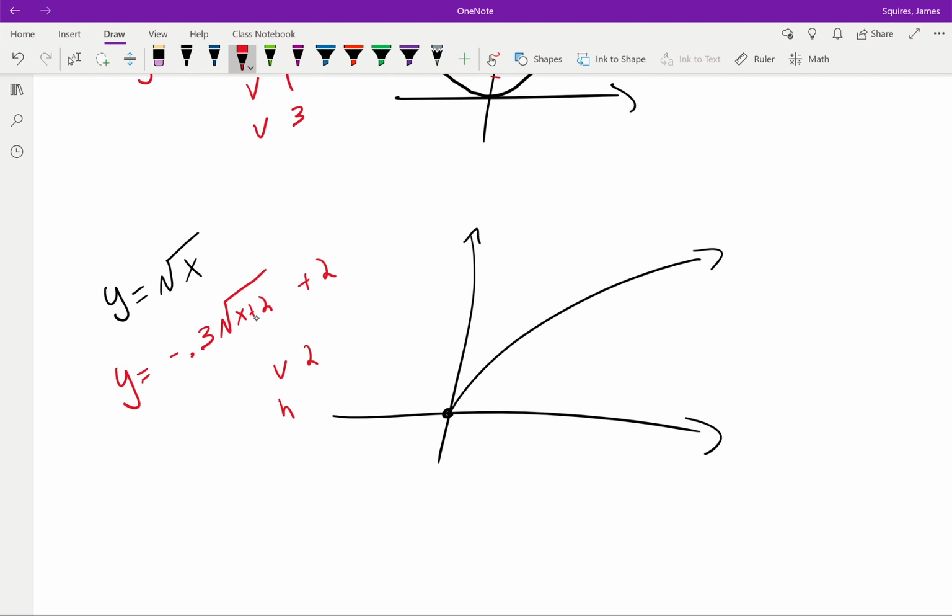So let's shift this up 2 units. 1, 2. That's representing the vertical shift right here. Let's shift this to the left 2 units. That would represent this plus 2 right there. 1, 2. And then we are going to have this function go downwards instead of upwards. So instead of going up like that, it's going to go downwards, and it's going to go downwards at a slower rate